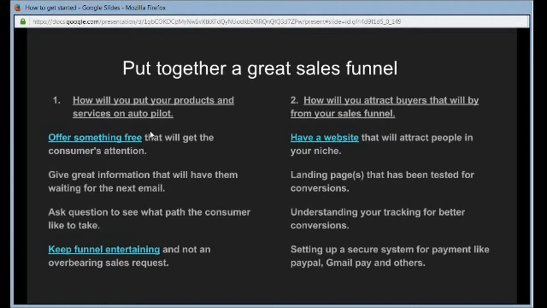Now, when we say offer something free that will get customers' attention, say for instance, I'm doing this free course, and that's something that I'm giving away for free, along with free landing pages for this particular course. Okay, give great information that will have them waiting for the next email.